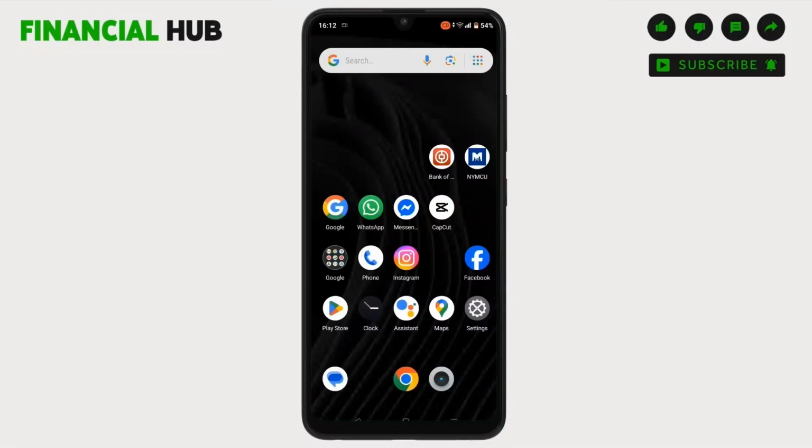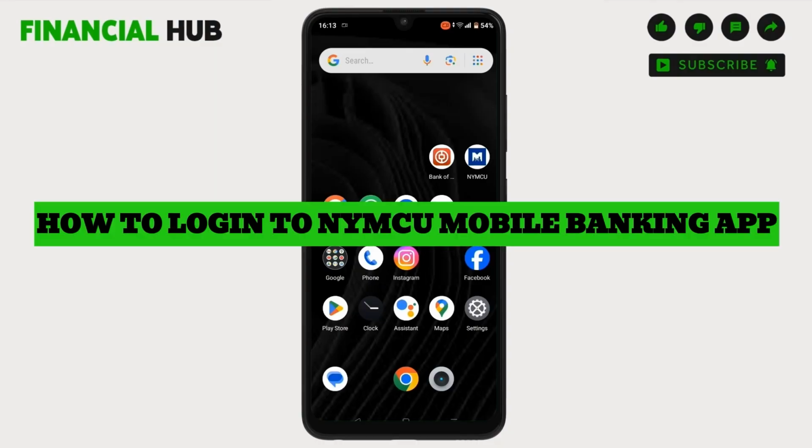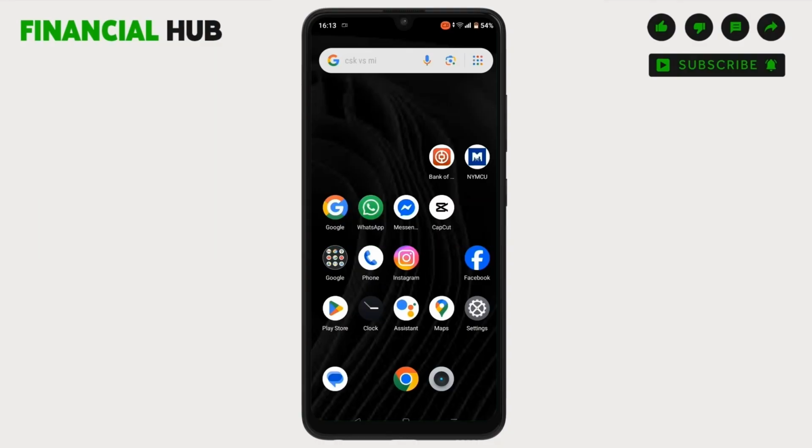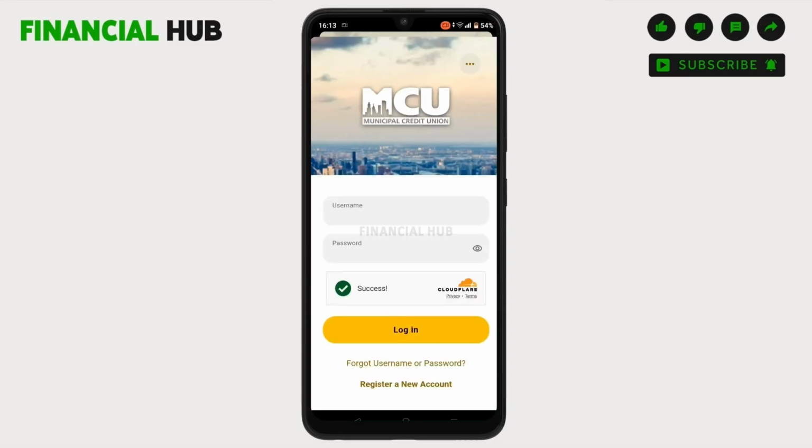In this quick tutorial, I will guide you through the steps to log into the NYMCU mobile banking app so you can manage your finances on the go. So let's get started. First, locate and tap on the NYMCU mobile banking app icon to open it. Okay, now on the login screen, enter your user ID associated with your account